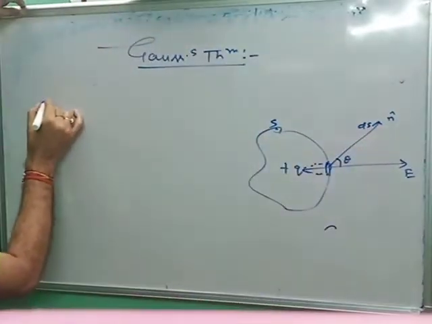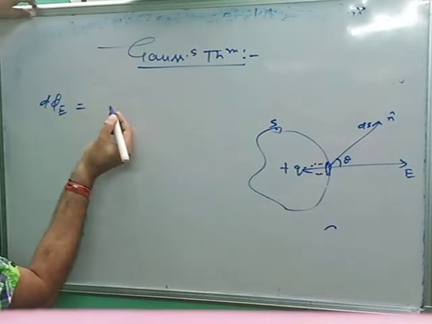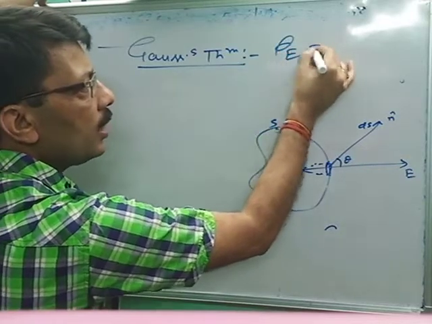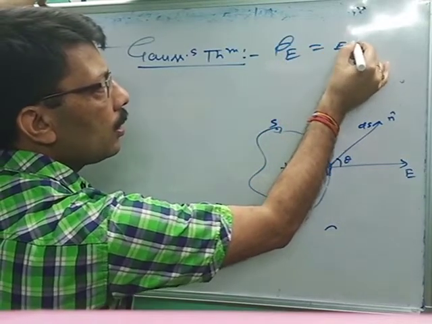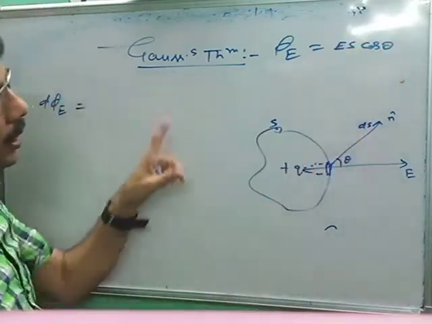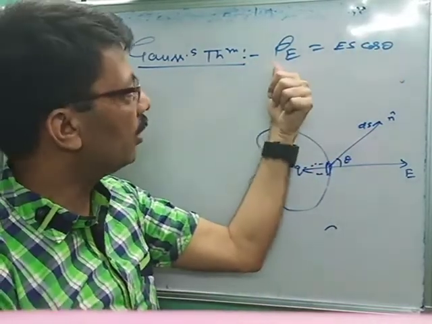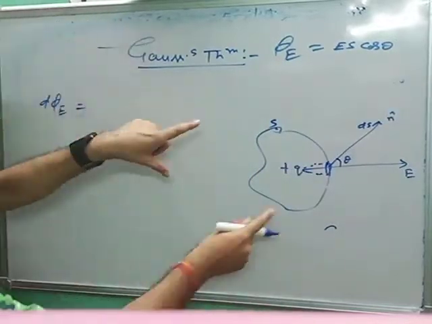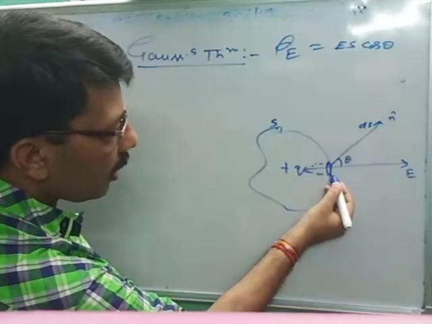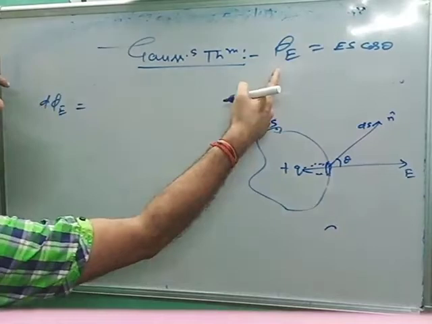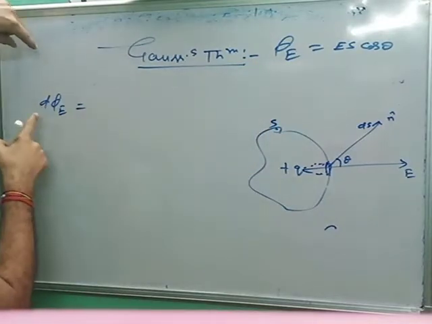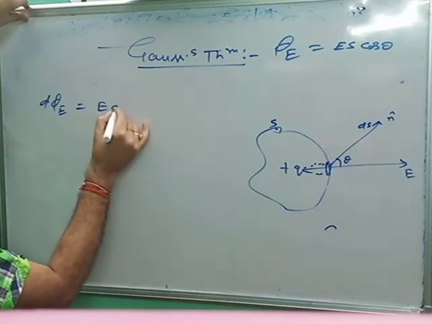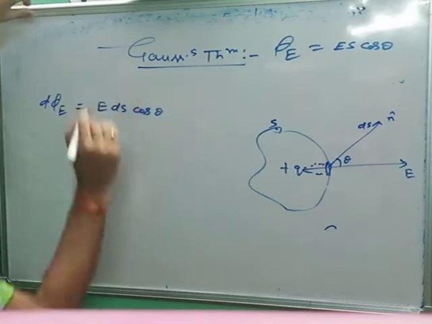So what is the flux? d phi E equal to, we know the measurement of flux. The flux is defined by phi E equal to E S cos theta. In the previous lecture, I told you that phi E equal to E S cos theta. This is the measurement of flux. Okay. So for the flux passing through that smaller area, it will not be phi E, it will be d phi E, a smaller flux. d phi E equal to E ds cos theta,